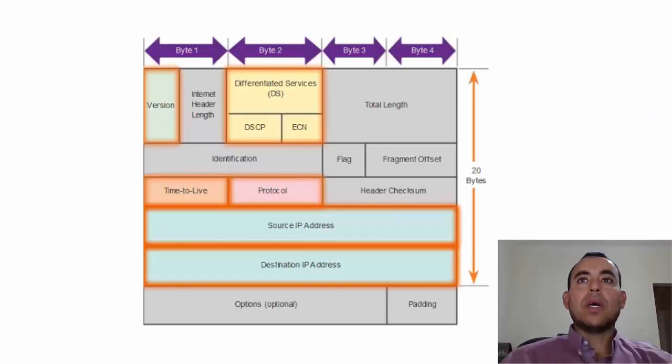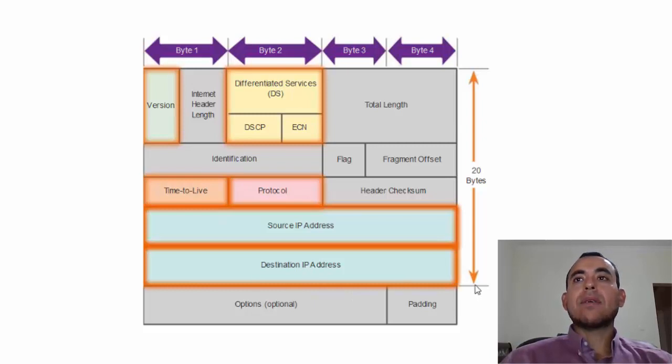As we said, there are two common protocols in the network layer. One is IP version 4 and the other one is IP version 6. IP version 4 encapsulates the incoming segments from the transport layer into an IP packet, and it adds an IP header which actually